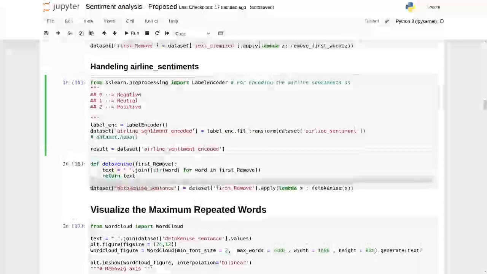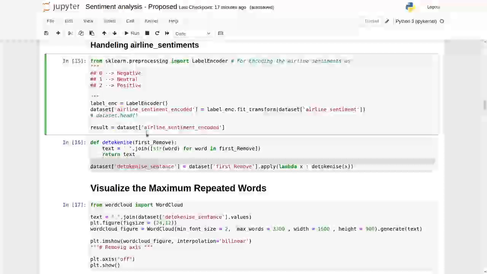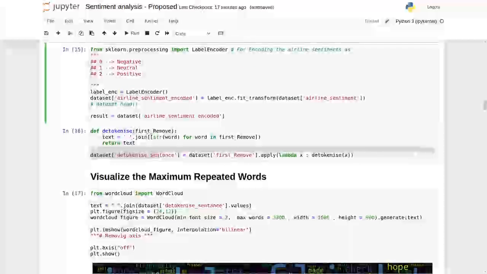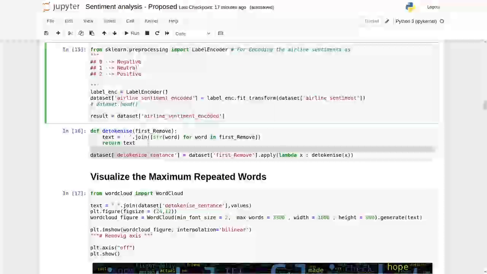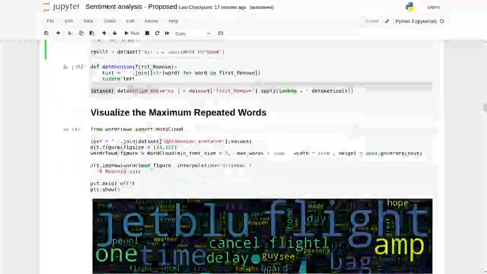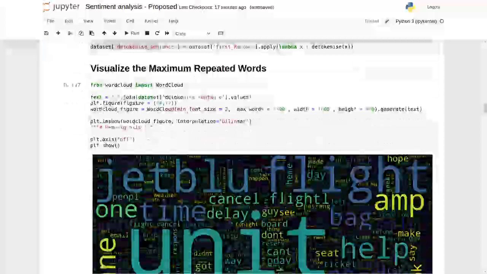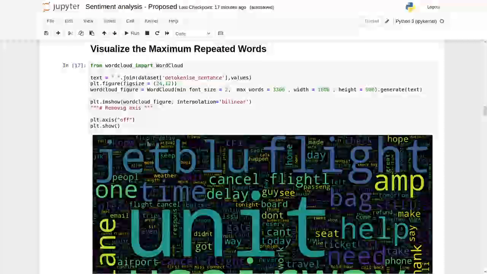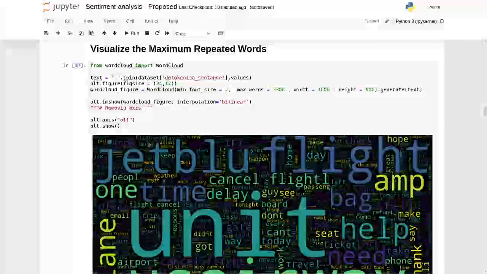After handling the text data, I have detokenized the text. After detokenizing, I have shown the most repeated words.